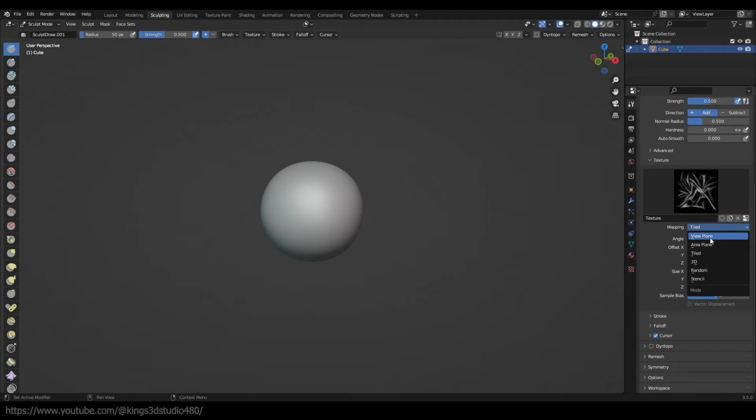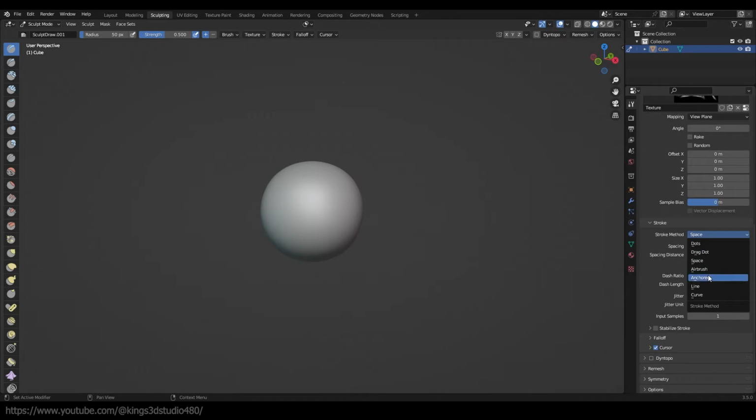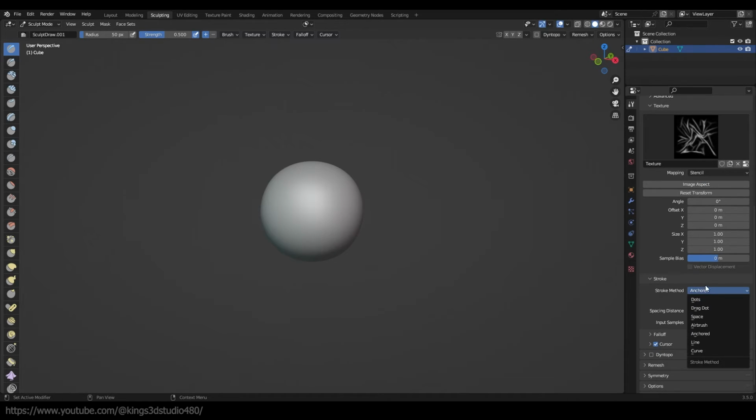Then we go back to the setting, texture, mapping. We will make it on view plane, and the stroke on and correct. Let's try what we see. Okay, it's good. You have also another options for it is useful for different kind of alpha maps, like for what was the name,